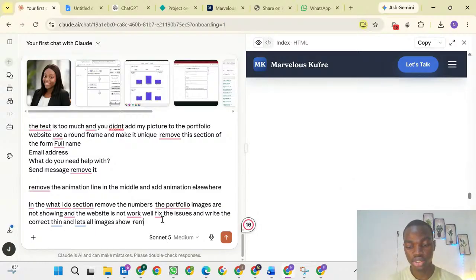Okay, another thing is remove every blank. Now,